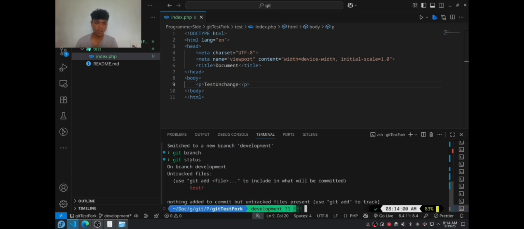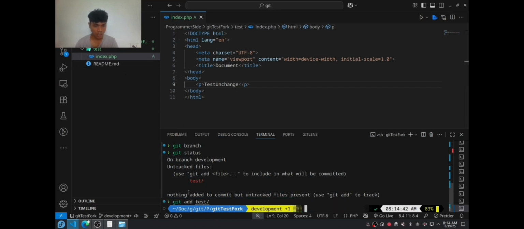As you can see, if I type git status, you can see the untracked file, meaning I didn't add it yet, and development and question mark one, meaning I have an untracked file. So to track the file, git add, and the dot means all in the directory, meaning everything under this will be added, but we can be specific. We can add the entire folder, or we can be specific, or add the entire directory.